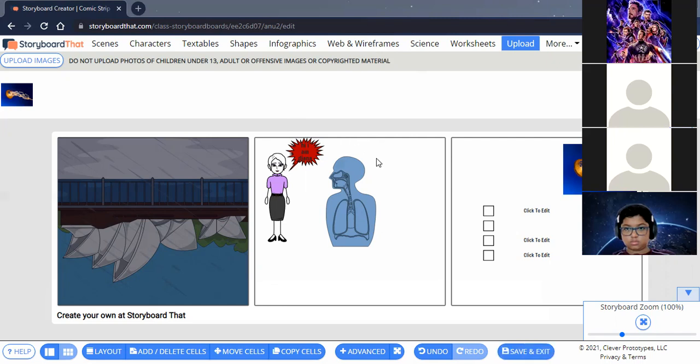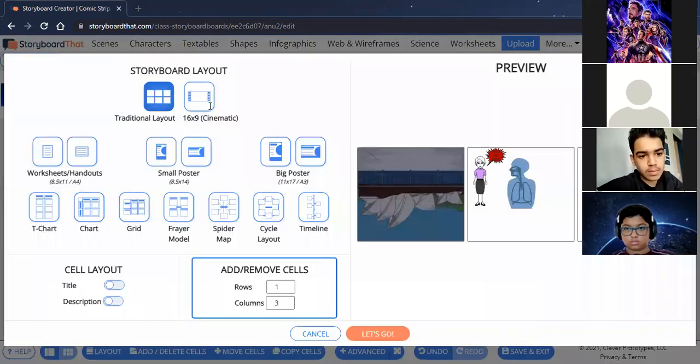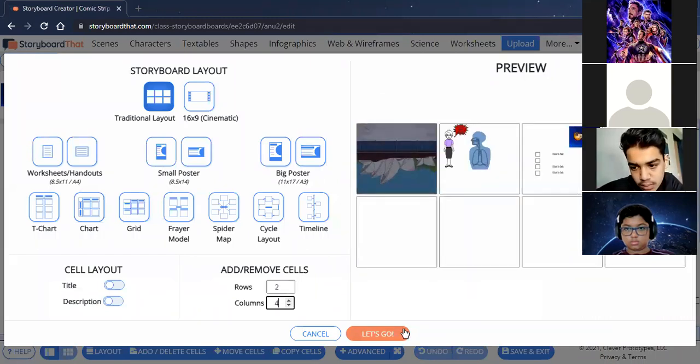Now we have only three slides, 3 boxes available. If you want more boxes, you can go to add and delete, and here you can see number of rows. You can increase the number of rows and you can increase the number of boxes as well.